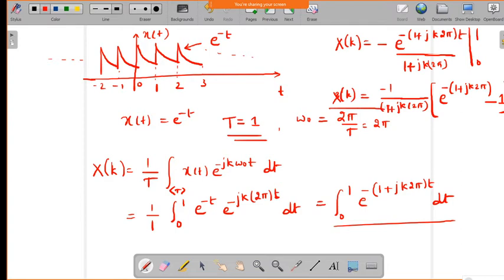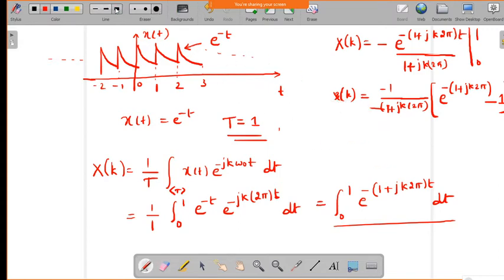So we will get the Fourier series coefficient, this one. Okay, so this is the expression for x of k. So now how to plot the magnitude spectrum? Go on putting the value of k: 0, 1, 2, 3, like that. Since it is periodic, it will go to infinite values, so you only have to plot some values, like 0 to 2 or 0 to 3. Whenever it is like this, you need to plot at least 2 to 3 values.